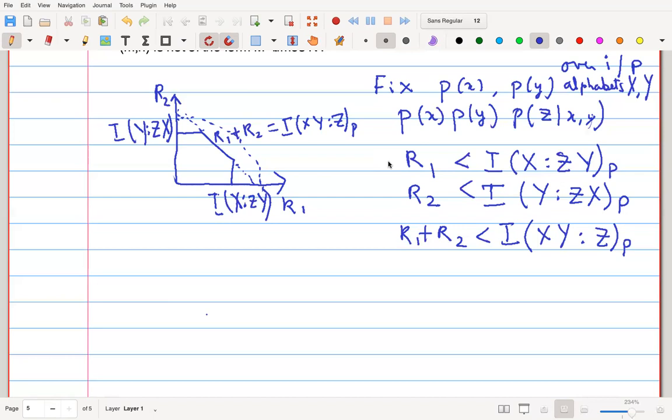So before I go ahead, any questions? Is it clear what this rate region stands for? Why it is reasonable to believe that this is the optimal rate region, and where the various constraints are coming from? The constraint on R1, the constraint on the individual rate R2, and the constraint on the sum rate. Okay. Any doubts?